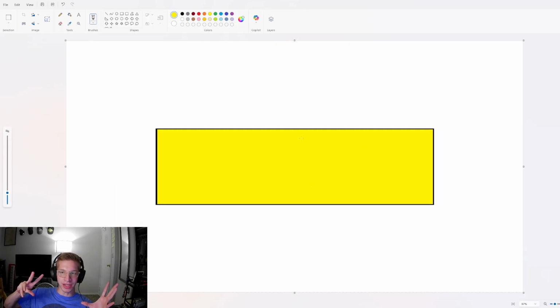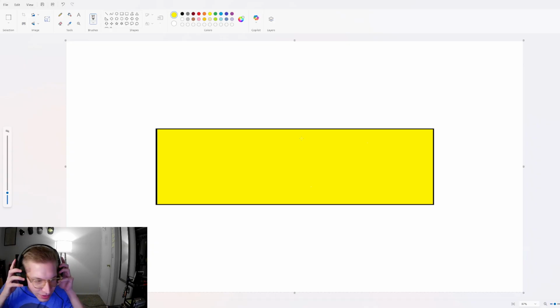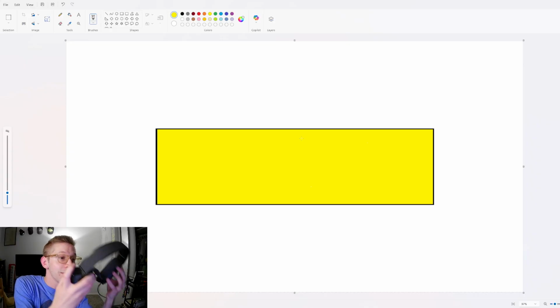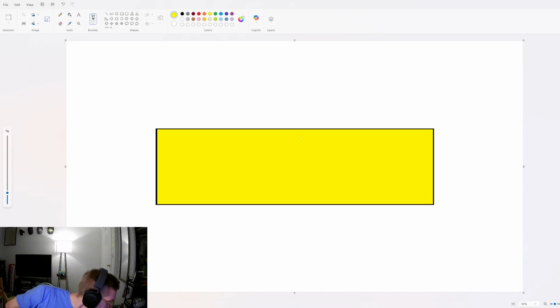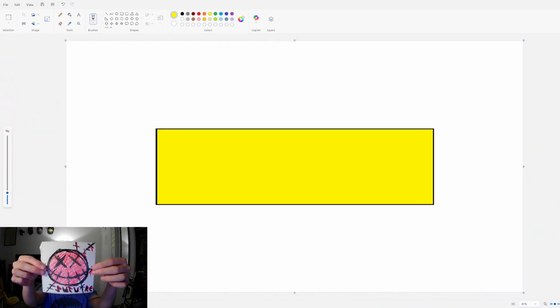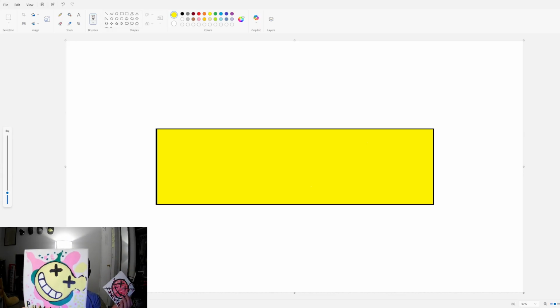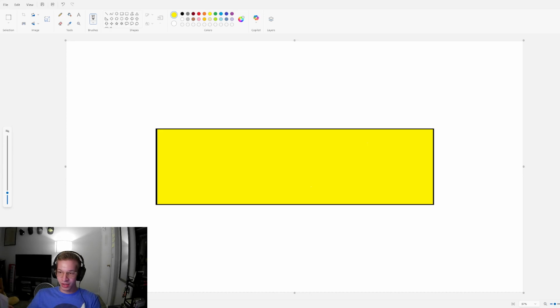So what this is going to be is, I have these little smiley faces. I've shown them before. Let me get an example real quick. One second. Oh, wait a minute. I lied, they're right here. These little smiley faces. Check out this one. Let me double check to make sure these are actually in frame. This one, that's Suture. This one, that's Pummel. They were the first two that I ever made. And then I also got the Jack-o'-lantern. I've got a couple others. One of my favorites, Fang.